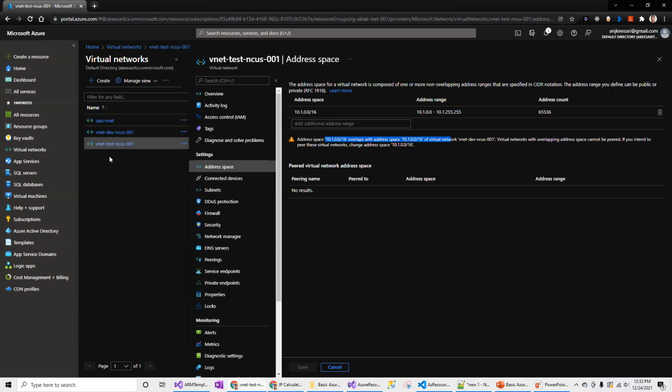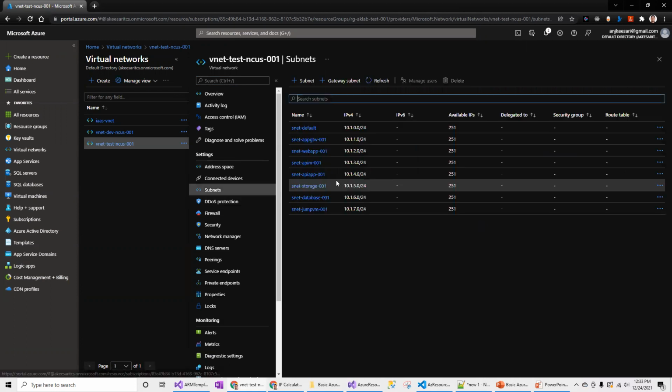So what I would do, in case I want to peer these small virtual networks, instead of using this big number, I might split this into two and use one for the first virtual network and the second range for the second virtual network. So that's how you can think. If I know prior to creating the virtual network that I'm planning to create, let's say 5 to 6 virtual networks, I will split this number into 5 to 6 and then assign the numbers accordingly. So that's the best practice we will be following.